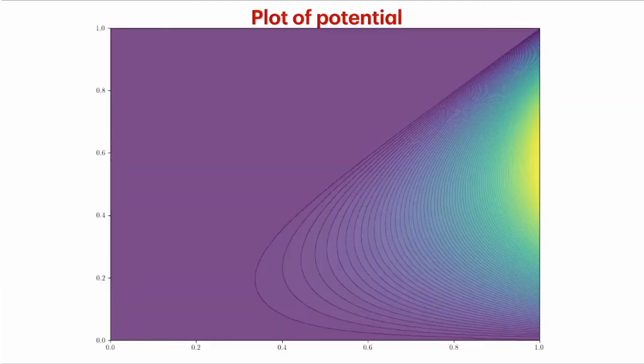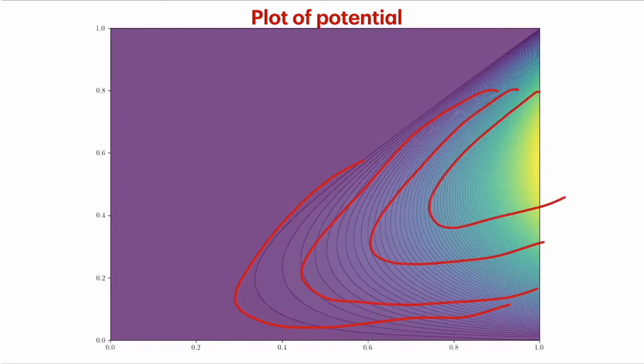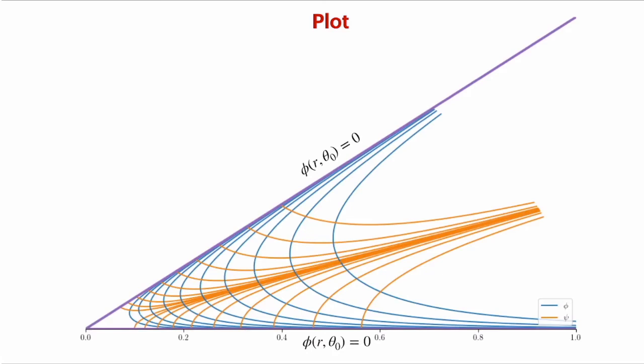Let's make a contour plot of this. You can see these are modern techniques which make it easy to visualize any given potential. So you can see that these are the equipotential surfaces. There are some artifacts coming because of too many curves present very close to each other, but you can see how they behave. Equipotential surfaces we have seen. We are not supposed to look at all that. Our job is to draw the level surfaces for the two functions phi and psi. So let's have a look at that. Phi is equal to constant and psi is equal to constant.